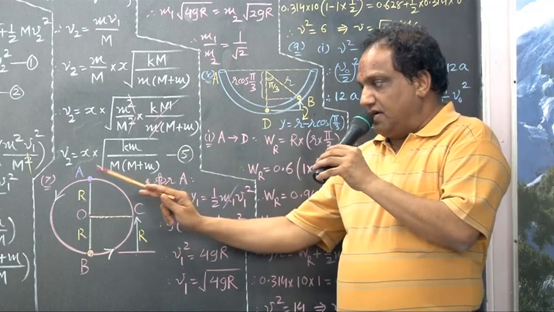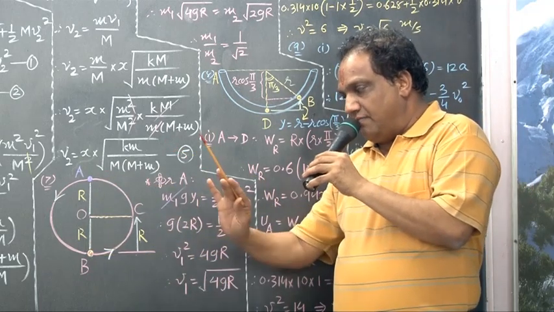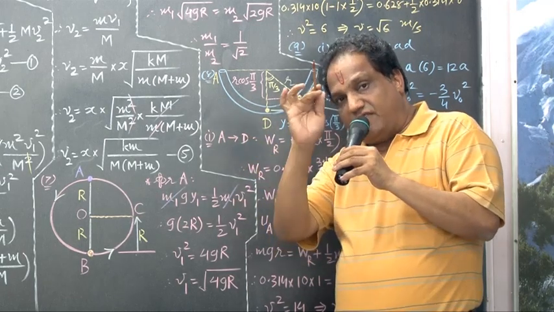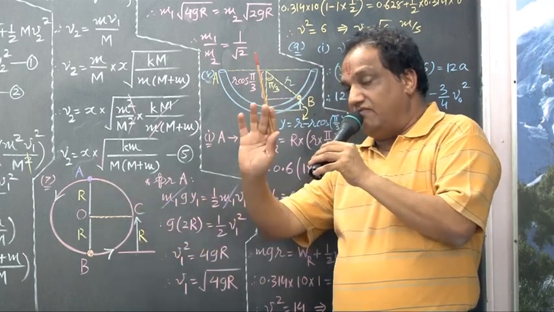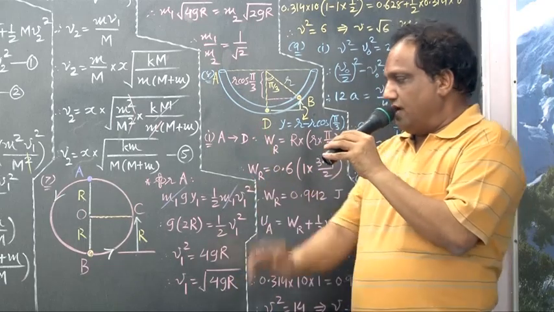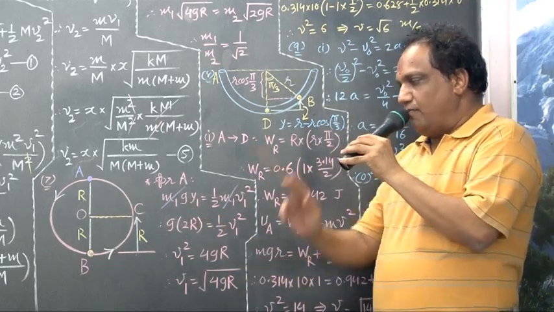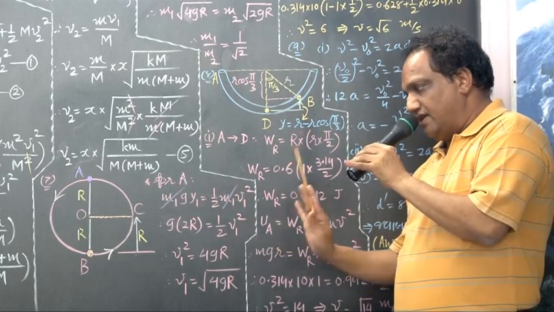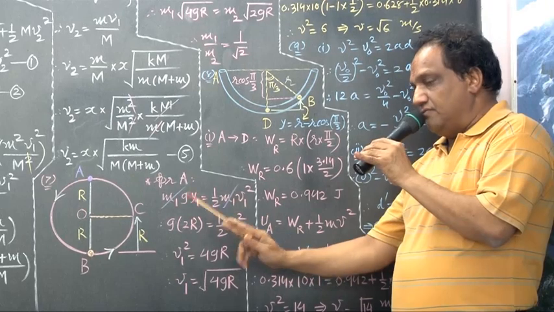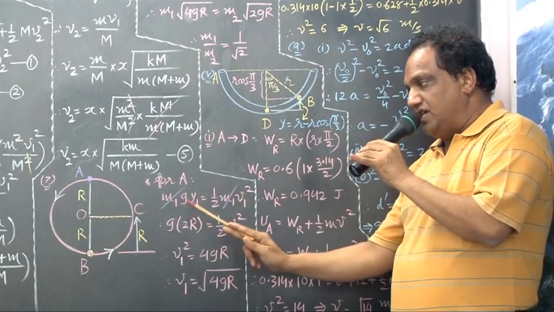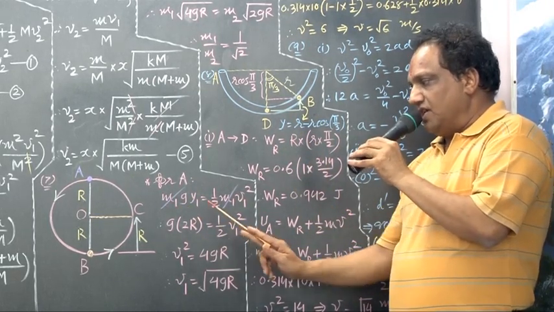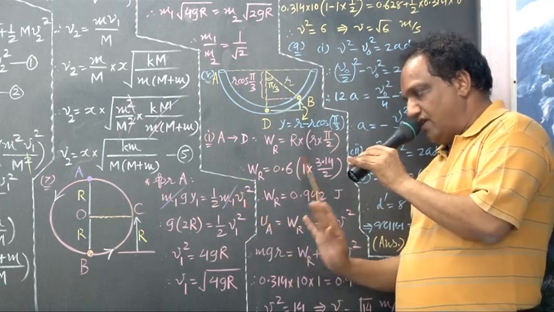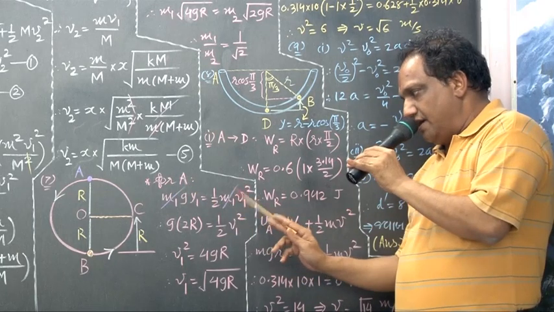By the time this bead strikes this bead, before that instant of collision, the final velocity achieved by this bead, let it be V1. Okay, look here. According to law of conservation of mechanical energy, loss in potential energy should be equal to gain in kinetic energy. Now M1, loss in potential energy, mgy. I'm putting M1 instead of M, Y1 instead of Y, and V1 instead of V. Okay. Now M1 is getting cancelled.